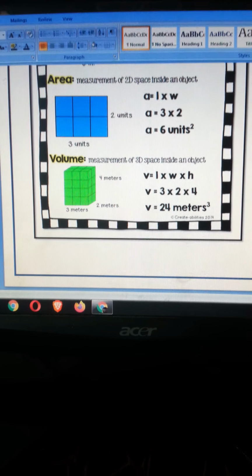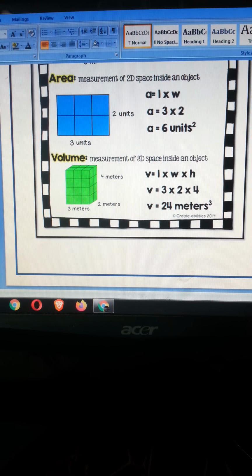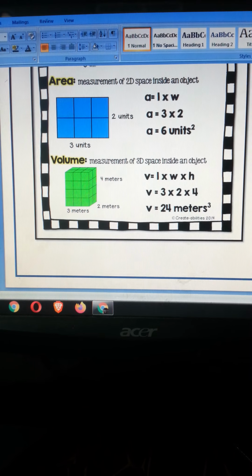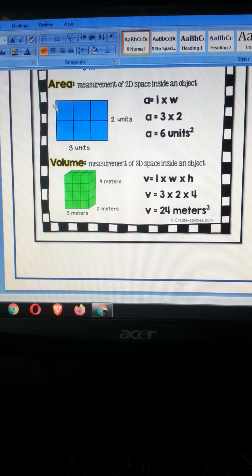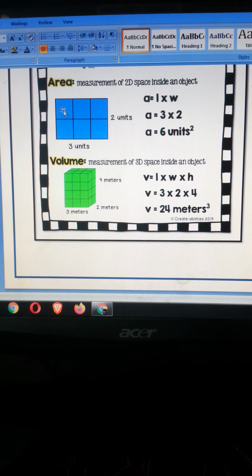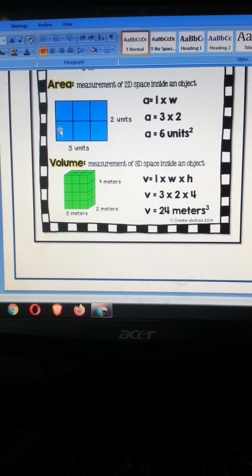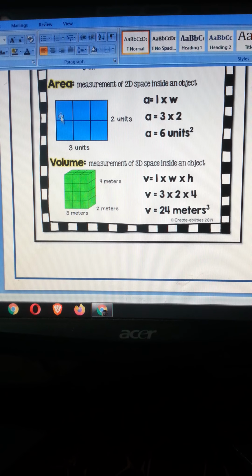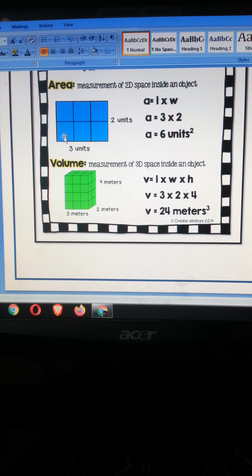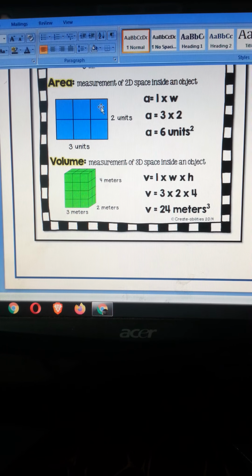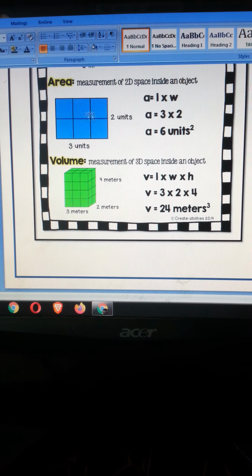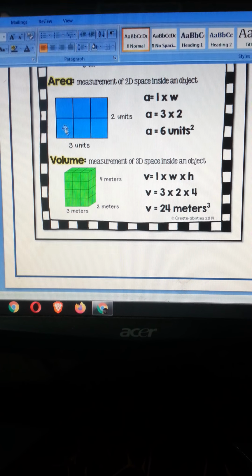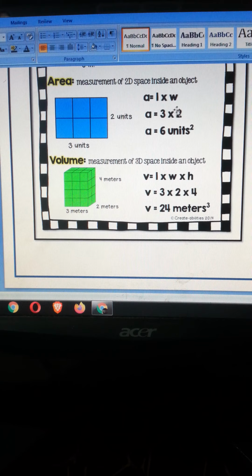You can find out the area whenever you are given a grid form of figure. You can easily find it by counting the squares inside the figure, right? Like this, if it is 1, 2, 3, 4, 5, 6, or you can take 2 rows, and how many columns you can see? 3 columns. So you are going to multiply 2 by 3, it will be 6 units, right? Either you count it or just multiply it, or simply apply the formula.